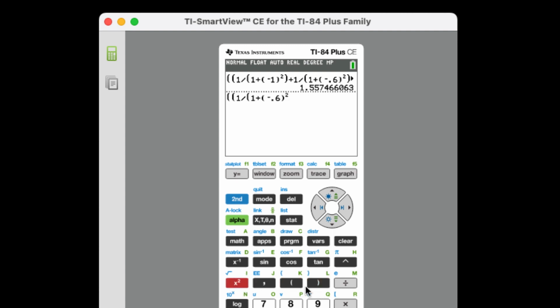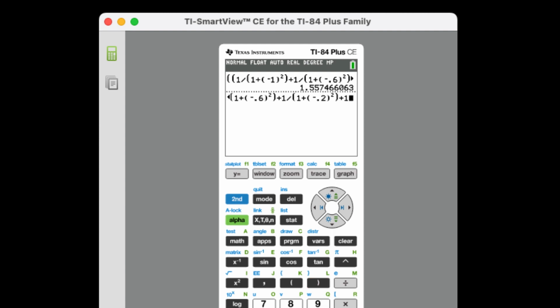Close it, square it, close your parentheses. That's the first entry. Again, now plus 1 divided by 1 plus, close it, negative 0.2 squared, close that,